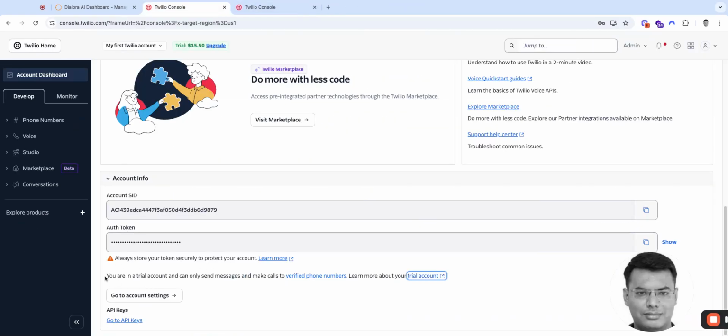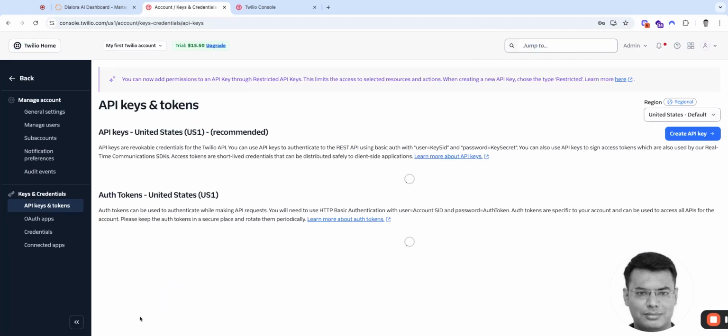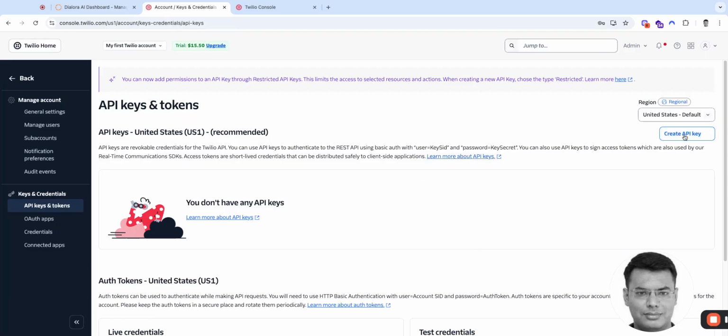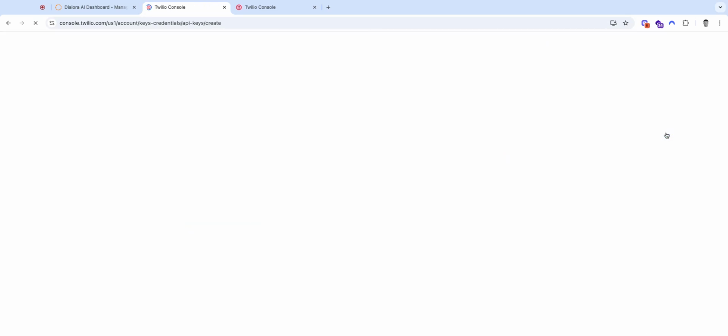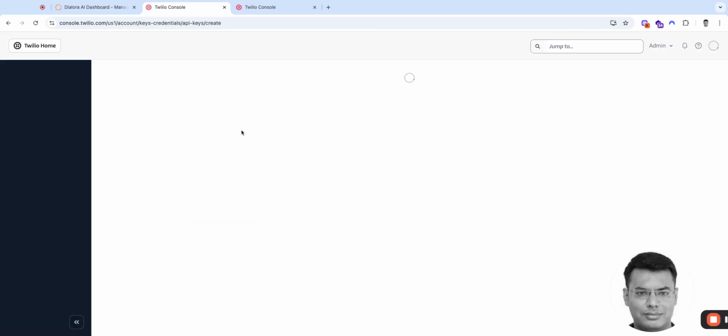Below the auth token, you will find over here at the bottom API keys. So you need to click on go to API keys. Once you click on go to API keys, on the right side you will find create API key. Make sure the region is default United States. If you want to change it, you can change the region as well. Once you click on create API key,